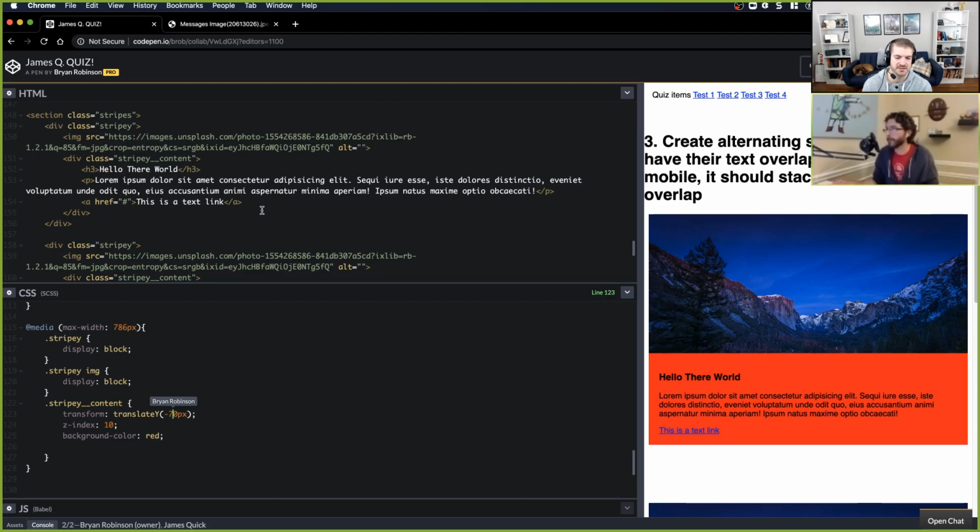We talked about this a second ago. Transform translate doesn't actually change the flow of the document. When you use margin, it'll move it up, and everything else will shift up with it. With translate, I think what's happening is it'll just move that one thing up, and everything else below it stays the same. So you're not wrong that z-index might be a solution.